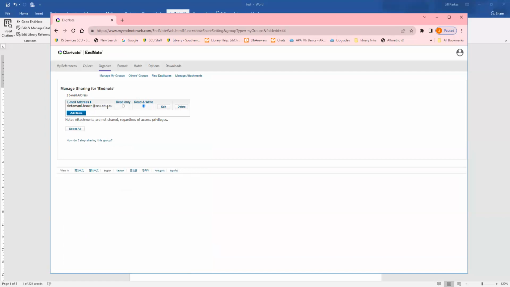I can control what that person is able to do. I can say read only, or I can say read and write. I can add another person to that. So I might add, say, Tali to that group. Tali Allen, scu.edu.au, read and write,